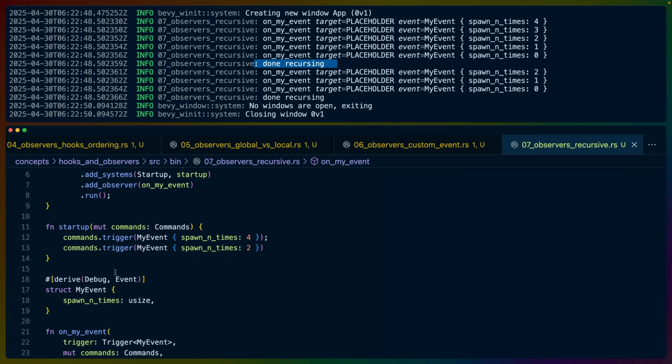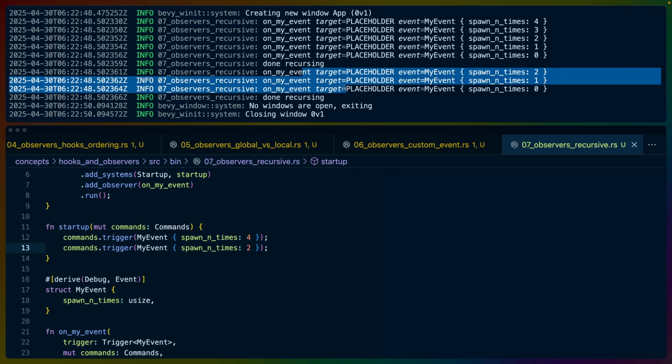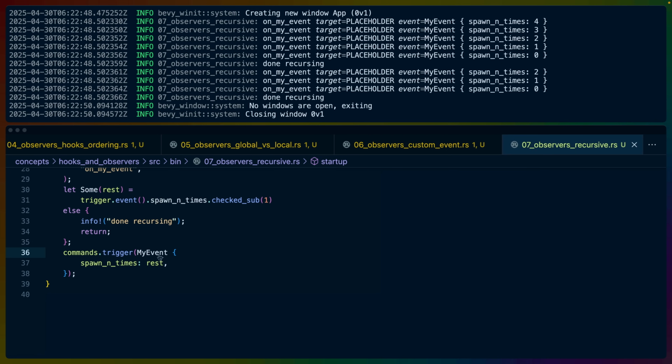And the really interesting part here is that we start off with 2 triggers here, but the first one and all of its recursive calls completes before the second one even starts. And that's kind of a key feature of observers. If you call more observers, if you queue up more commands inside of an observer, those commands are handled before moving on to the next items in the queue. This makes it really easy to guarantee that things that you want to happen will happen without having to stuff